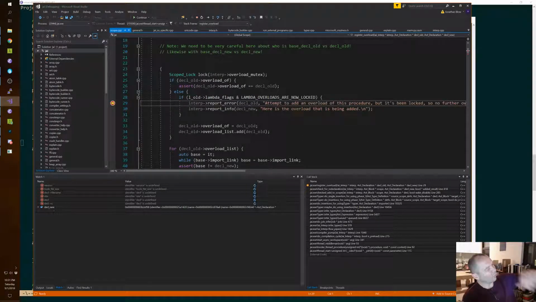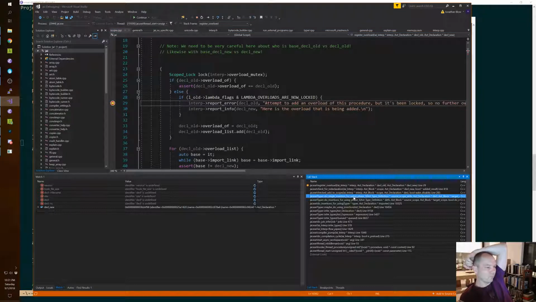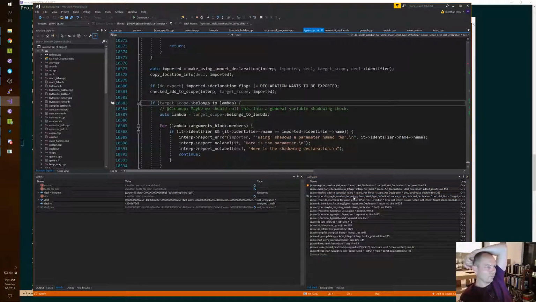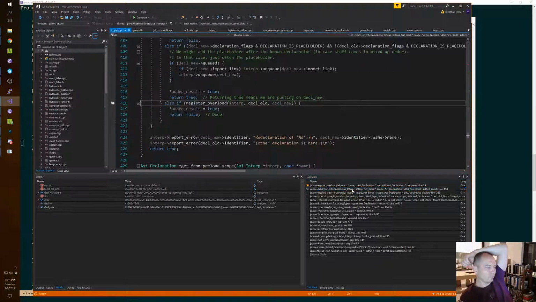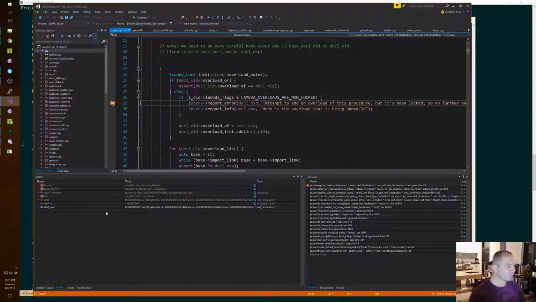Lambda overloads are now locked. Why did that happen? Oh, geez.